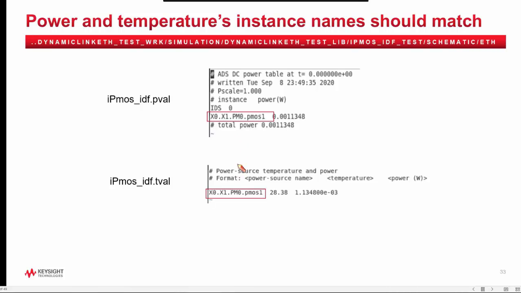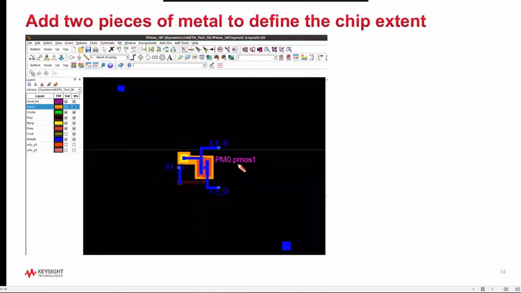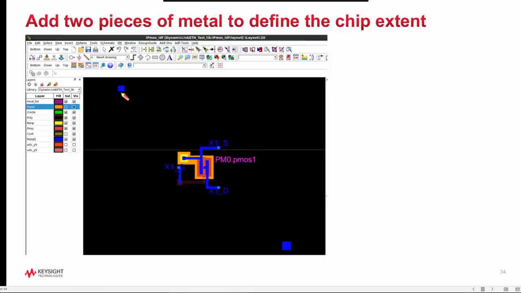So this is about how to name heat source names. Okay, and then if I just run the simulation the way it is, right? This guy is pretty hot because it's just very small. And then I added the two metals on metal one here. And after that, you run the simulation,